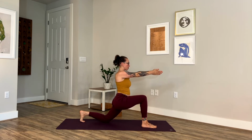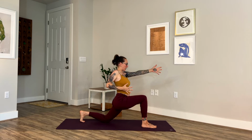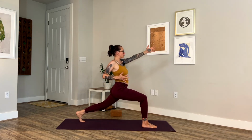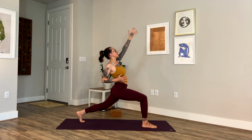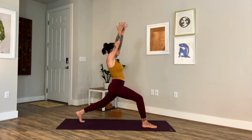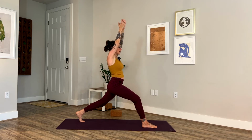Start to draw your bow back, right elbow bends back behind you, and activate it. You get to choose whether to put effort into this or not. Let's lift the back knee. So we come into a high lunge, and now start to tip the left arm up, gaze follows. This time as you exhale, high prayer overhead, lengthen your front leg, inhale, turn all 10 toes to your left